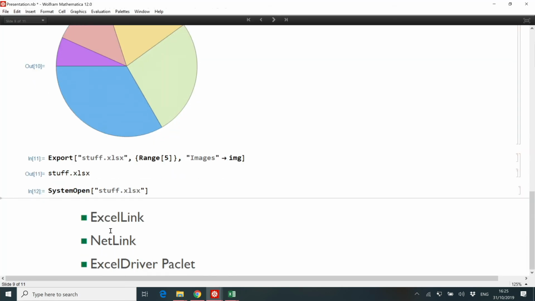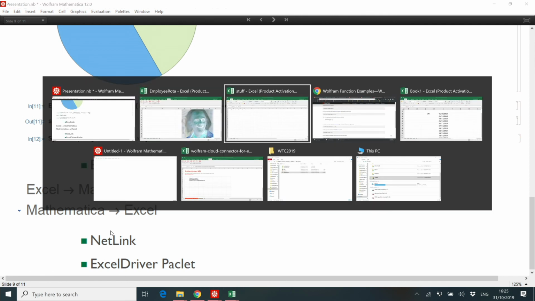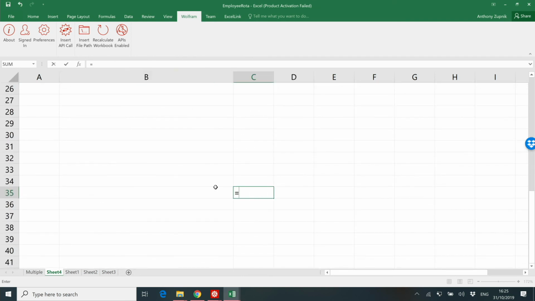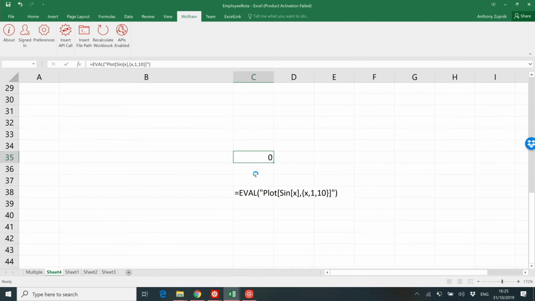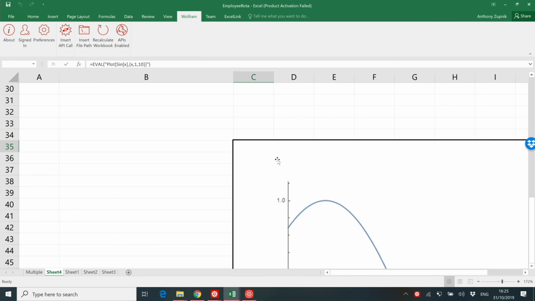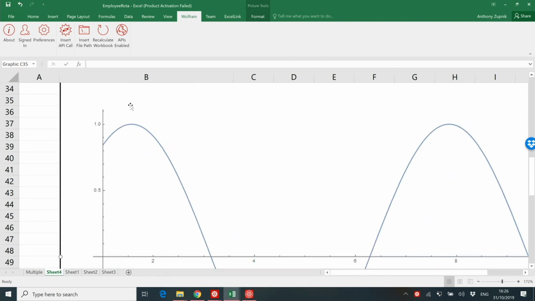What else? So there's the Excel link. The Excel link allows you to call Excel from Mathematica or Mathematica from Excel. This is something that's existed for a while, but if you wanted to do that, let's just scroll down here. There's a function, I've got it installed, equals eval, which allows you to call Wolfram language code within Excel. Hopefully this just works. But I wanted to show you a quick example. It takes some time to load up, actually. This is a local installation. Yes. Yeah. So this does not use the cloud. It is only for local calls for